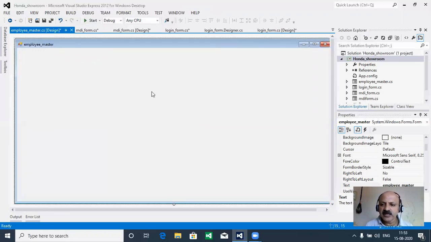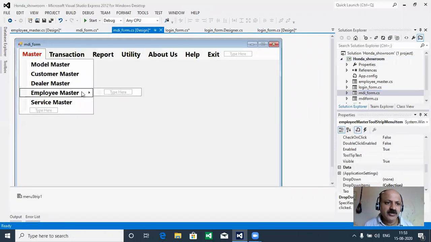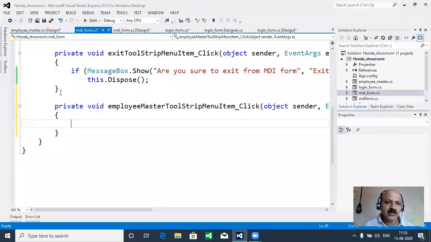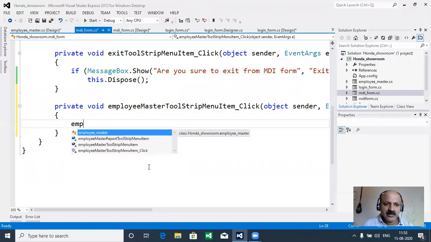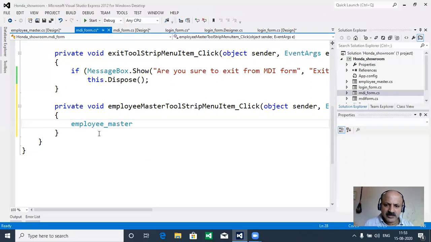We can design this in my upcoming video lecture. Now I just open this MDI form, and how it opens, I just click in the runtime, and we can take one window form. So here that form name is a class in our library. So we can take that form name, and EM, that is employee master, that is the object that provides the memory allocation.